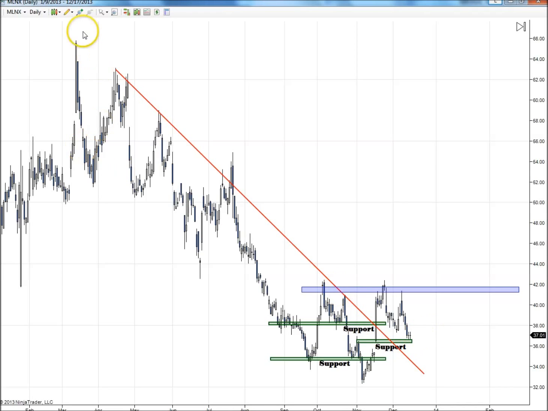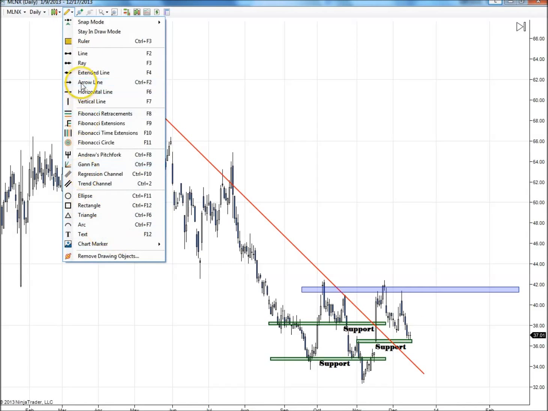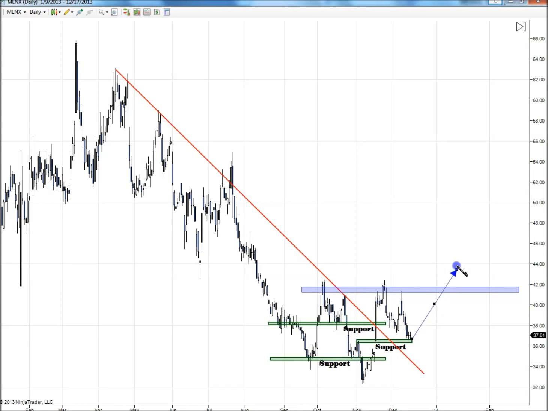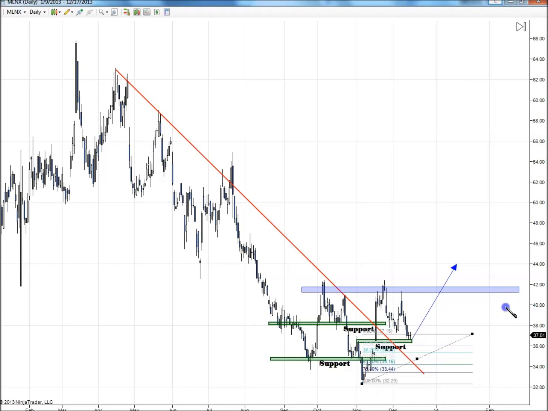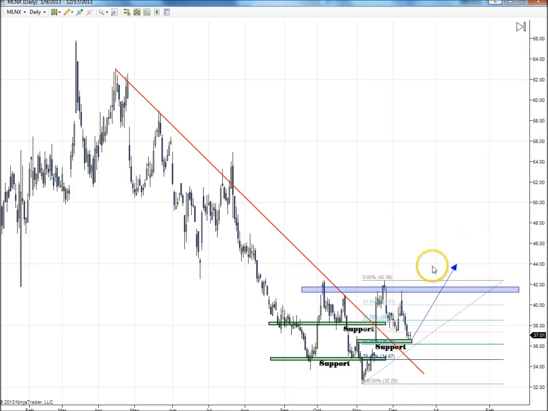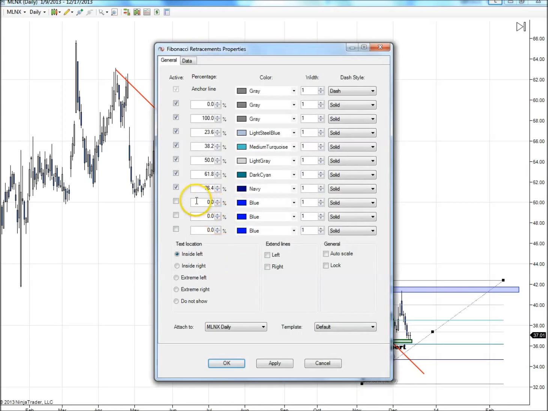And now we have 2 scenarios. One is rallying from here, which is also, if we put on the fib level, we can see that we are right on the 61.8 fib level. So we rallied, retraced perfectly to the 61.8, and then rallied back again, a continuation move, and maybe we will break the 41 resistance area. The second scenario, if we see a deeper retracement to the downside,